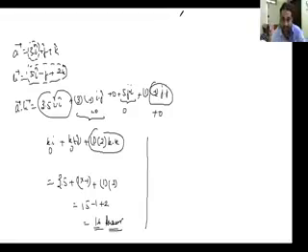Is that clear to everyone? Mod A is non-zero and mod B is also non-zero. This is given in the problem. But A dot B is zero, which means mod A mod B cos theta is zero. Since A and B are not zero, cos theta equals zero, so theta equals 90 degrees. Cos is zero only at 90.